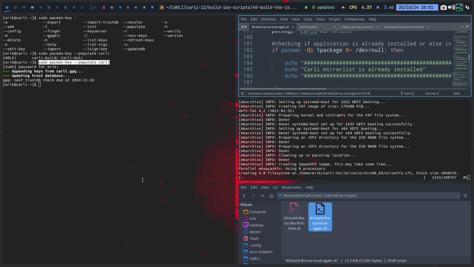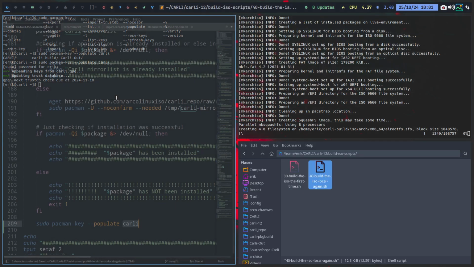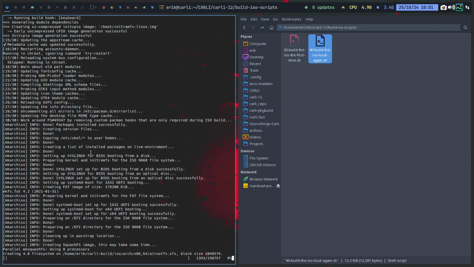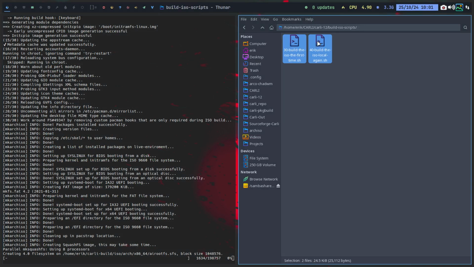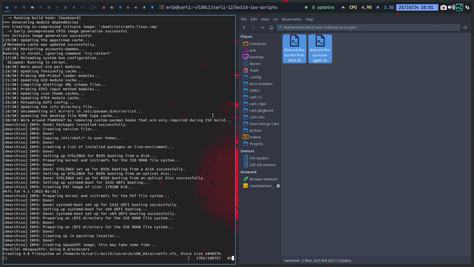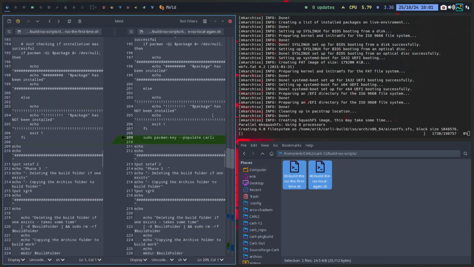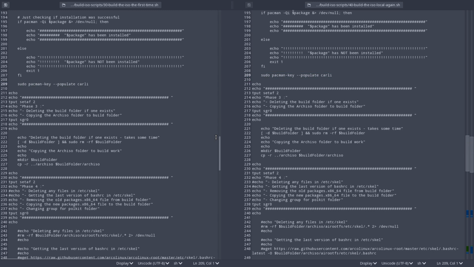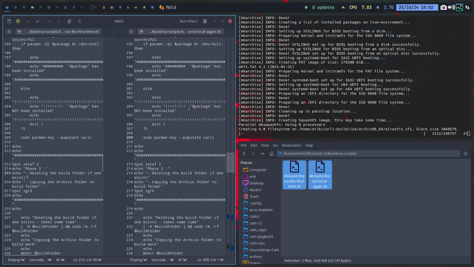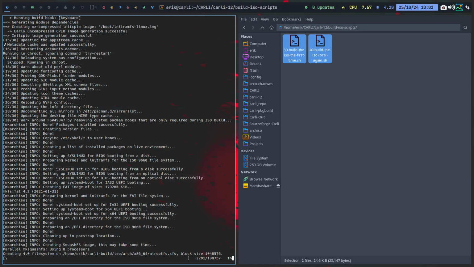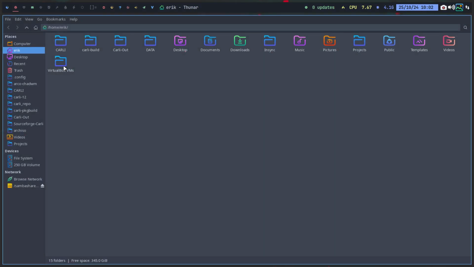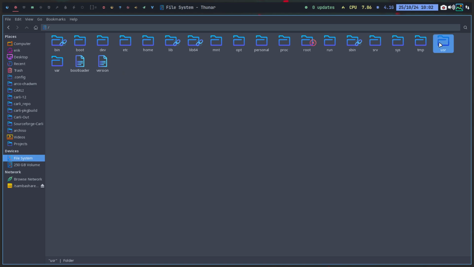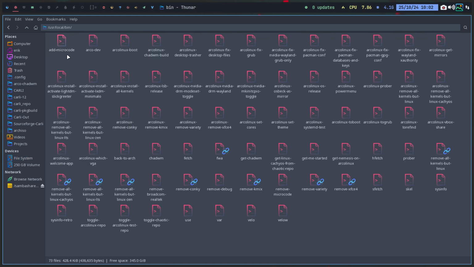Save. And then let's delete this one. We can delete that one. He's building the ISO in the meantime. And then we're going to compare. The difference between these two is this one: sudo pacman-key --populate carli. Okay, save. Improving the scripts. And if you want to know what the solution was, in usr local bin